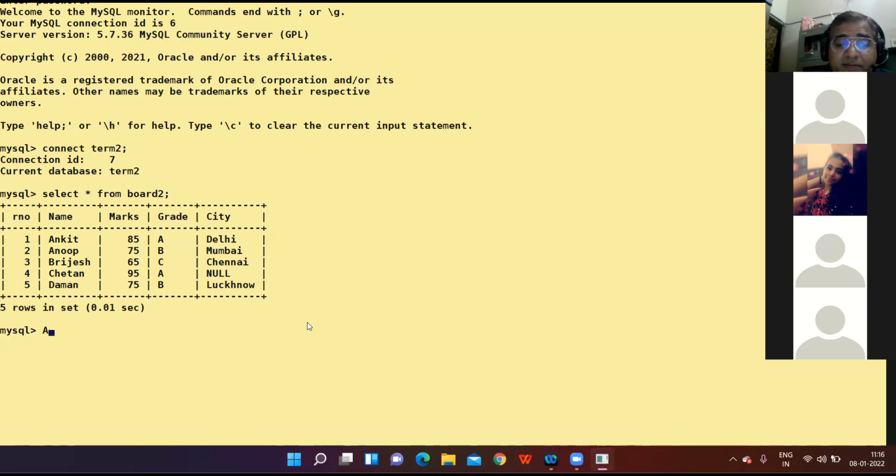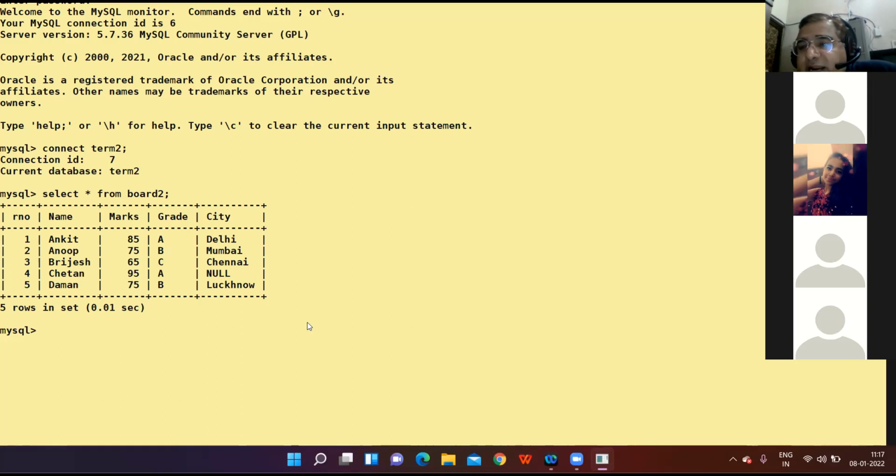group by command. Like for example, in the table displayed in front of you, I want to group the students on the basis of grade. How many students have A grade, how many have B grade, how many have C grade?